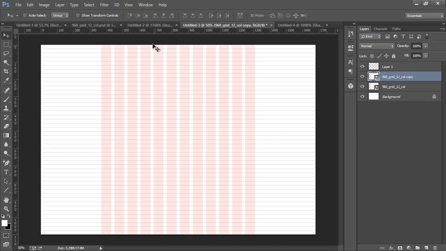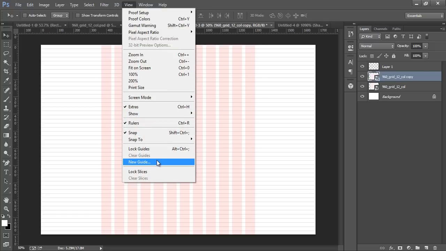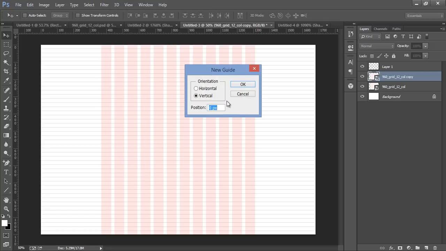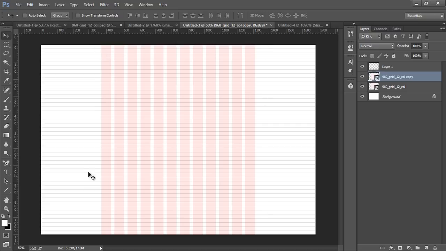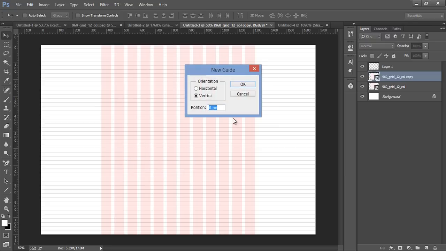Now I will make a new guide. Go to View, then New Guide, because I want to work in a specific area. The area should be 960 wide. So I will go to View, then make a new guide first, which should be around 360.